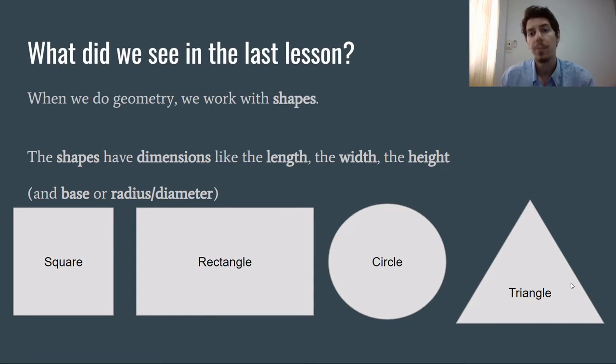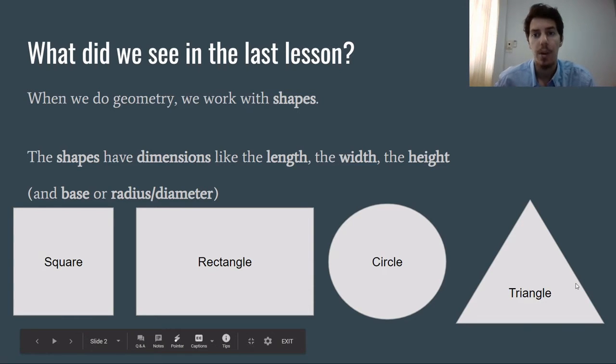And to describe these shapes, we use the dimensions. In the last video I explained what the dimensions are. For most shapes we will use the length, the width, and the height. But I told you guys that for the triangle we'll use the base, and for the circle we will use the radius and the diameter. I hope you understand this vocabulary because we will need it to understand the perimeter and the